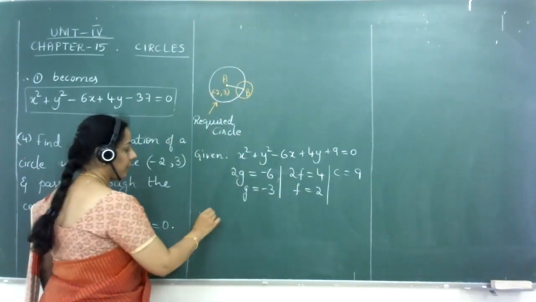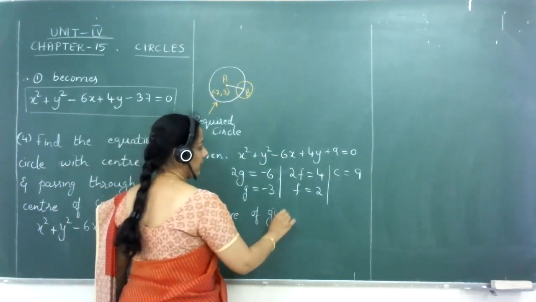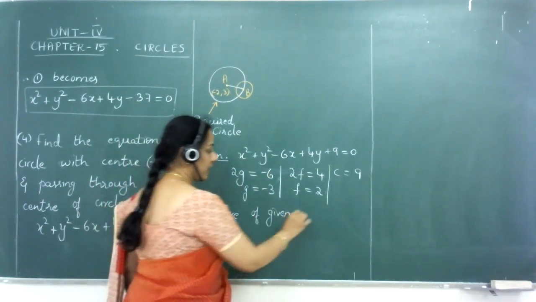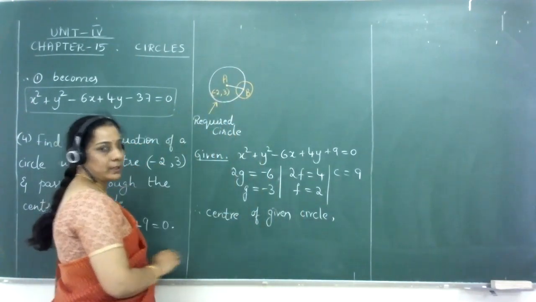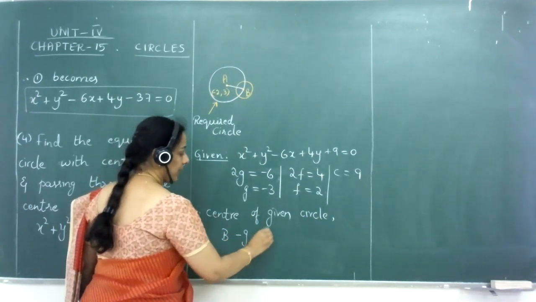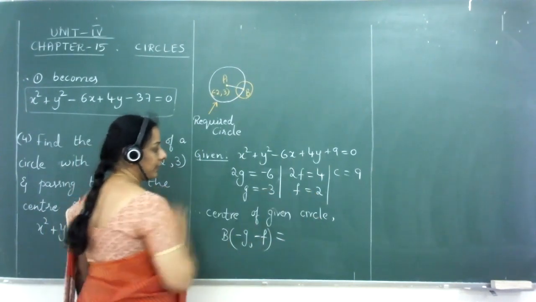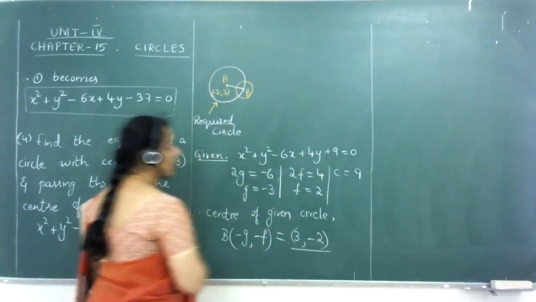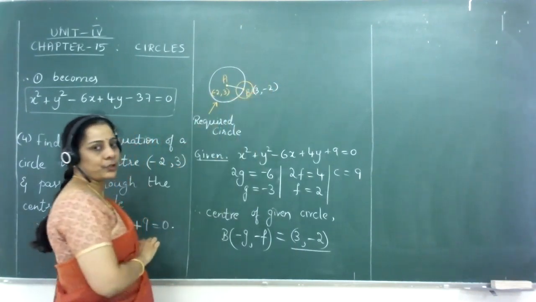All right. Therefore, what is the center of the given circle? Which is the given circle? The given circle is the above one, whatever we just wrote now. So the center of the given circle, I have marked as point B in this figure. So B will be the coordinates minus g comma minus f. g is equal to minus 3, f is equal to plus 2. So B coordinates will be 3 comma minus 2. We have obtained the coordinates of B here as 3 comma minus 2.